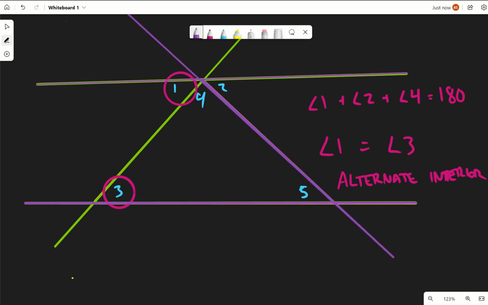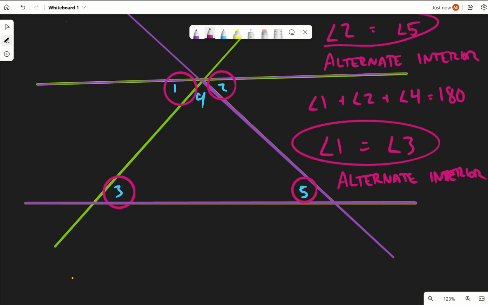Let's talk about on my purple situation here, what relationship exists between angles 2 and angles 5? Those are also alternate interior angles, which means those two angles are also equal to each other. So we know that angle 1 equals angle 3, angle 2 equals angle 5,